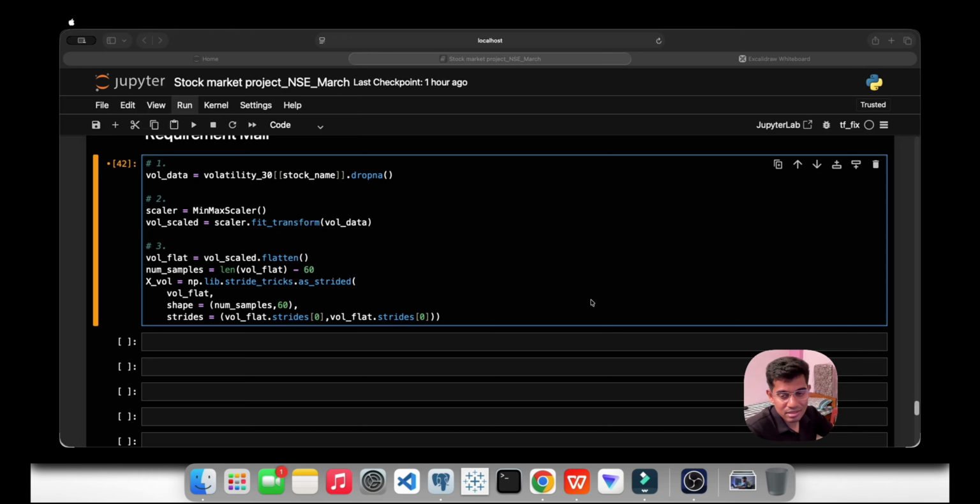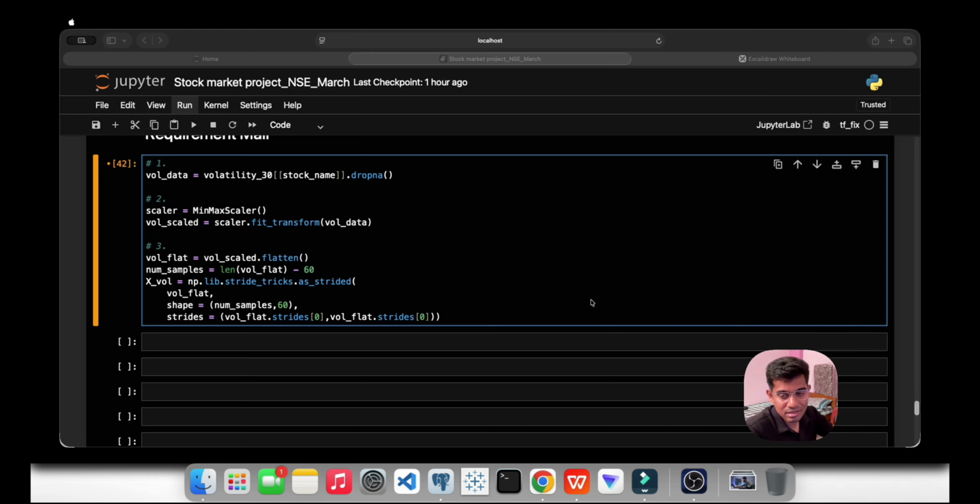Because the model trains on a 0 to 1 range, but we need answers in original volatility units for trading decisions. 0.5 means nothing, but 4.5% volatility means something. So the prediction will be in a proper shape, giving a proper percentage. With 0.5 you would say no, but with 4.5 you can say yes, there is volatility in this stock.